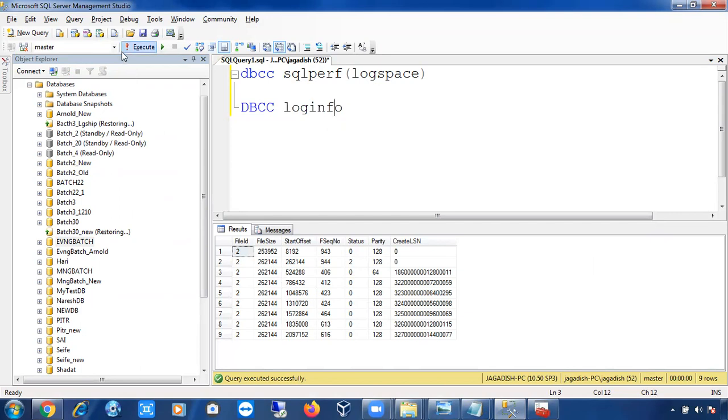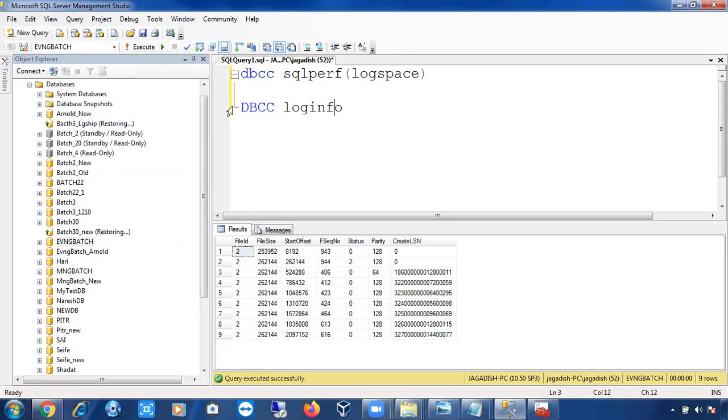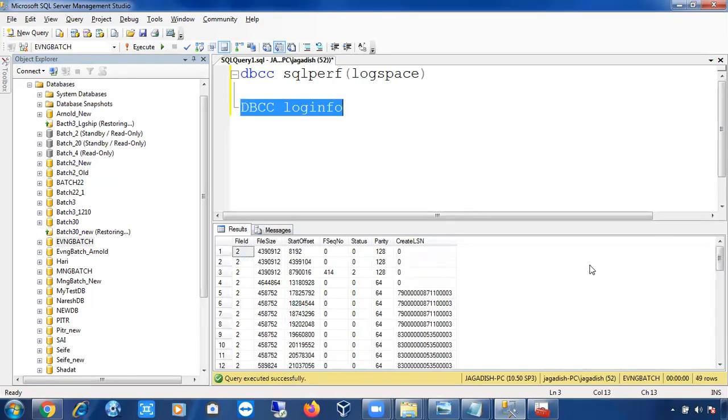Let me run this on the evening batch database, a bigger database. See how many VLFs are there. My evening batch database log file has 49 VLFs. If you see file ID 2, can anyone tell me what this file ID 2 is?